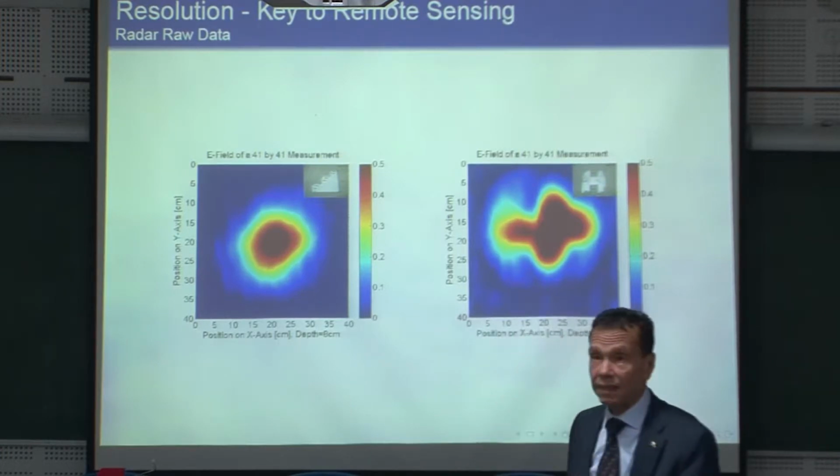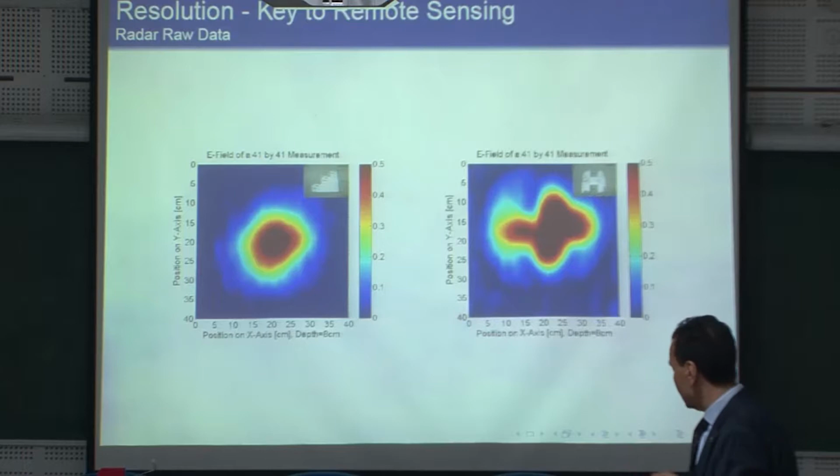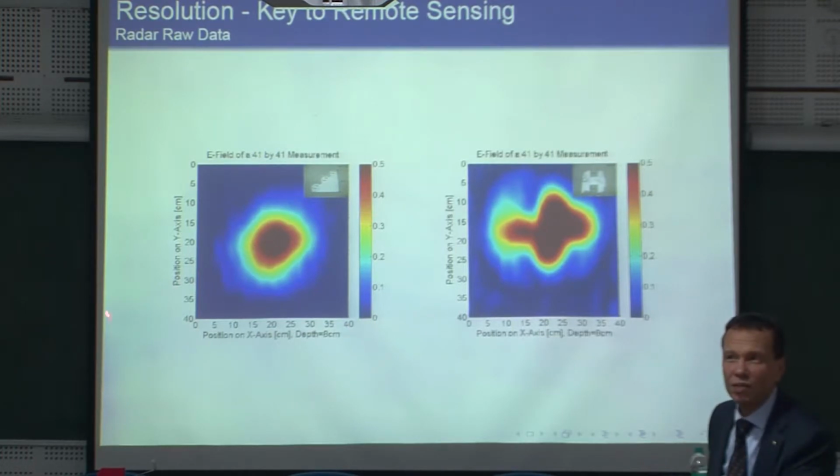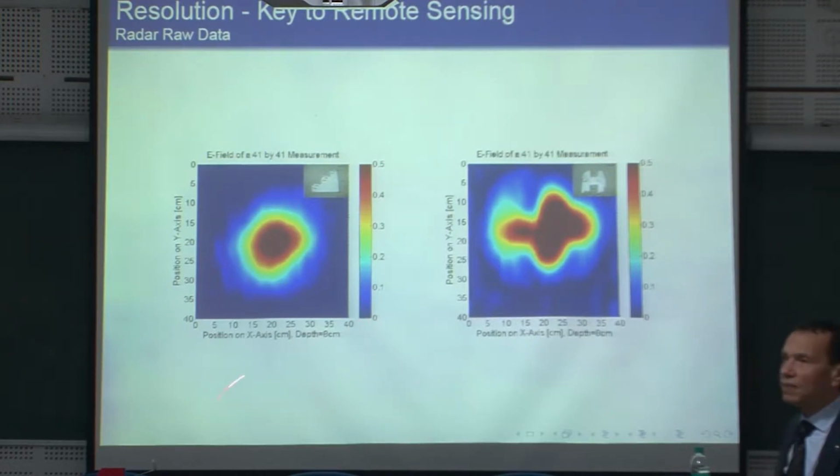So therefore, these data here are raw data. You just measure and assign what you measured by your antenna array to xy. And this is what we discussed before: you can first define what is strong and what is weak. What is hot is strong, what is cold is weak. So this is one of the interpretations, but of course you can have something else. But usually you say, okay, hot and cold. So therefore this is low and this is high. And you use this color coding to construct the image. So in this case, this is high reflection and this is low reflection.